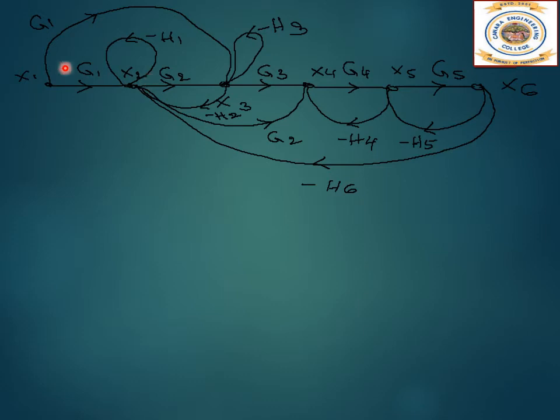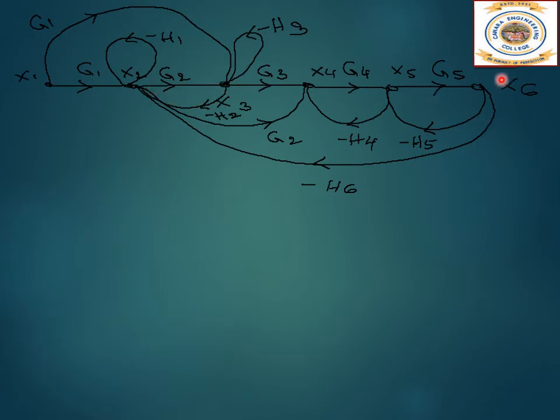Then we have G2, G3, G4, G5 and minus H6. This is the seventh loop. Then accordingly you have to see non-touching loops. So we have this, see, G2H2, that is here, G2H2 this, and G4H4 non-touching,